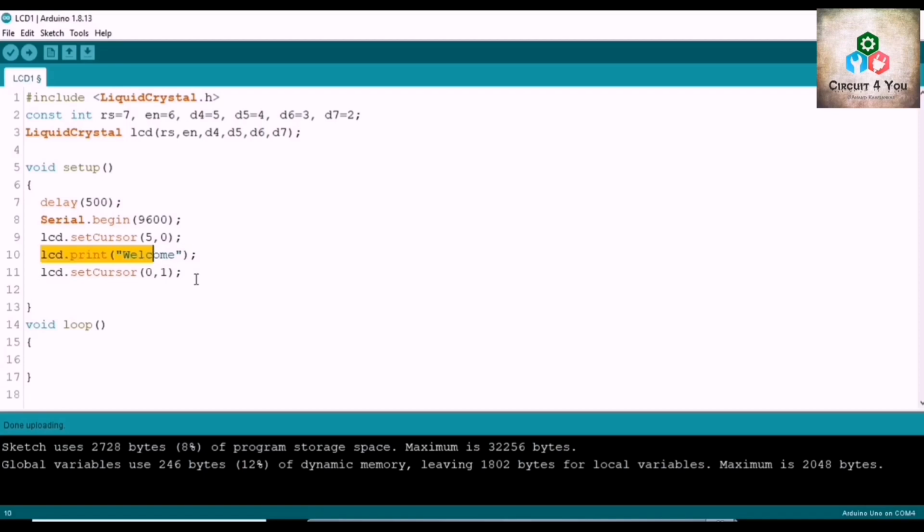I will add a command of lcd.print, and inside the brackets I will write circuit for you.